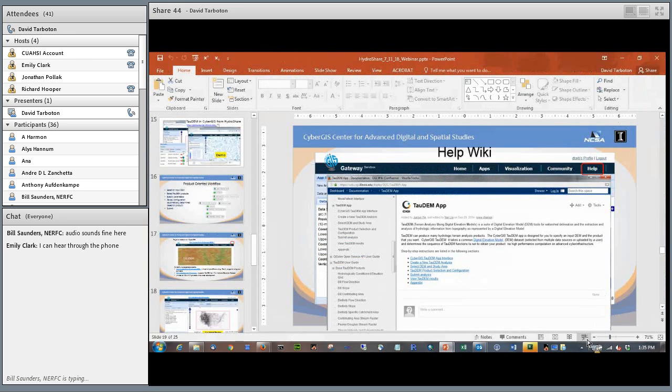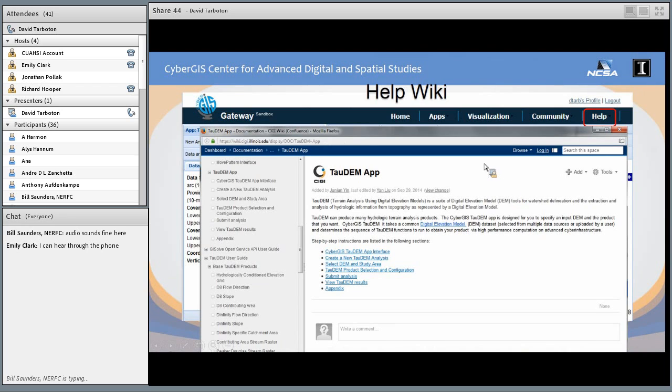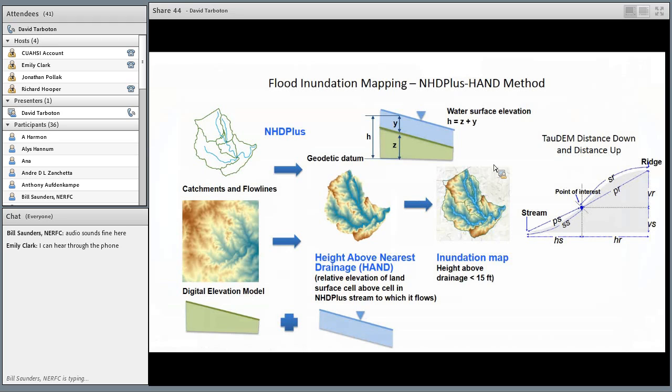But what this work is really targeting is to try and do large scale analysis. And for doing that, we've been working on this concept of flood inundation mapping using the height above nearest drainage. And this is part of the National Water Center's Innovation Program Summer Institute that's happening at the University of Alabama right now, where they're working on flood inundation modeling based on forecast flows from the National Water